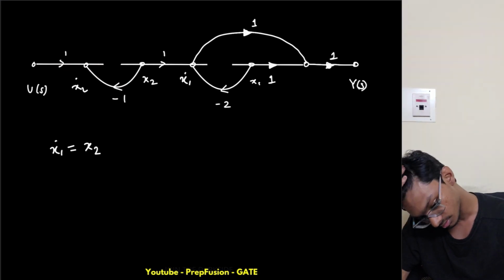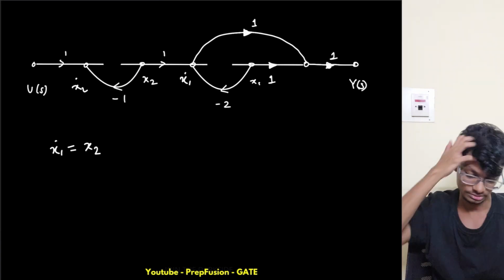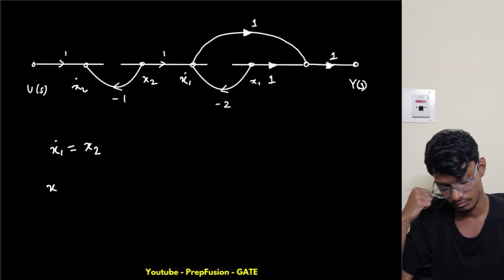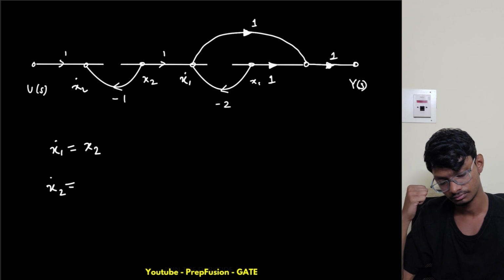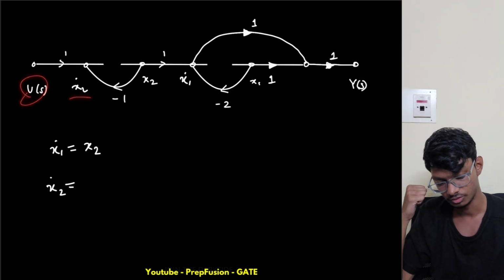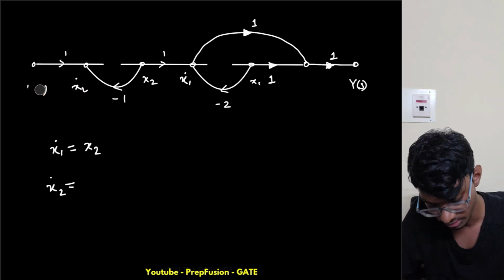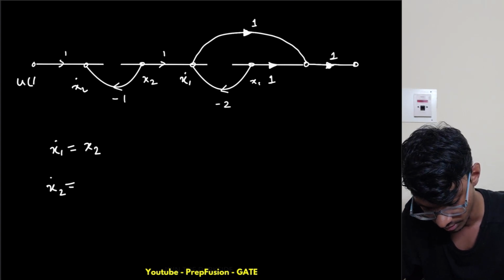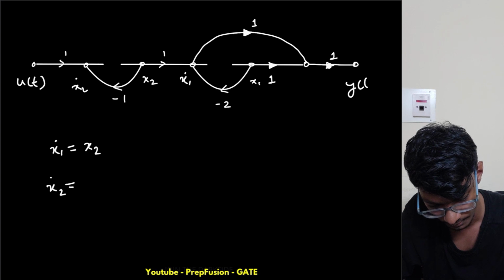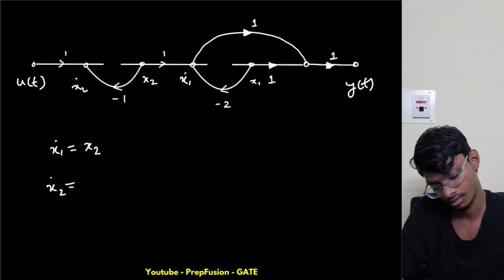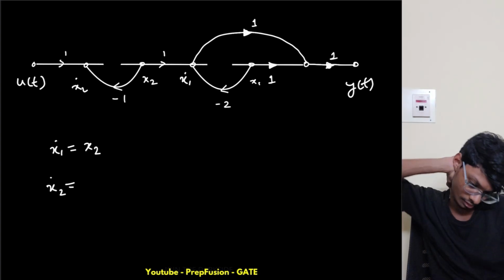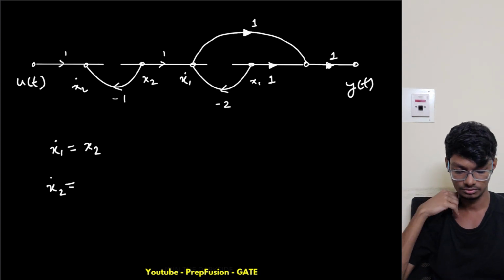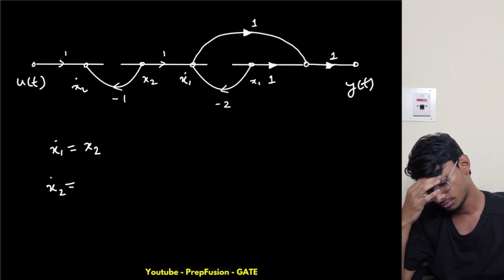No, nothing else is present, right? Nothing else is present. Now my x2 dot, u is present, right? So I will write this in time domain, u of t and y of t. So x2 dot equals to